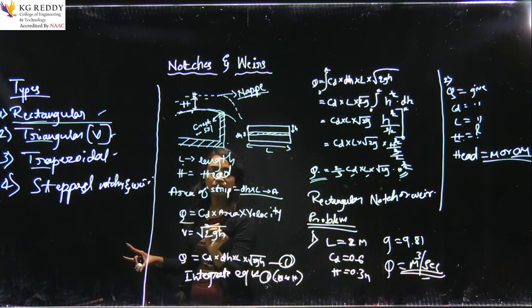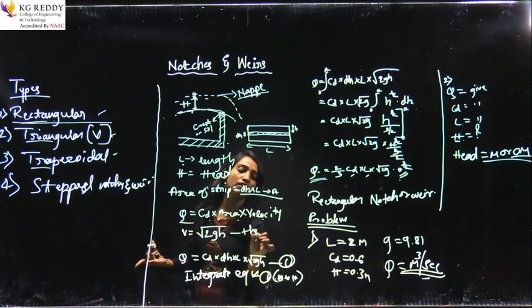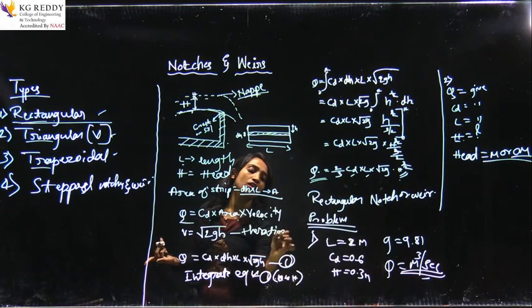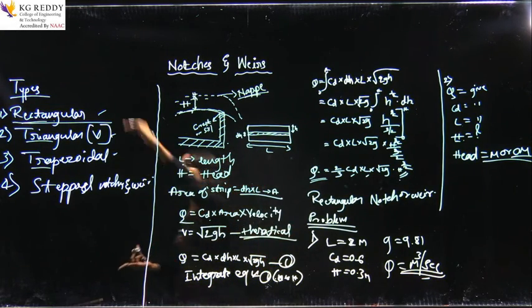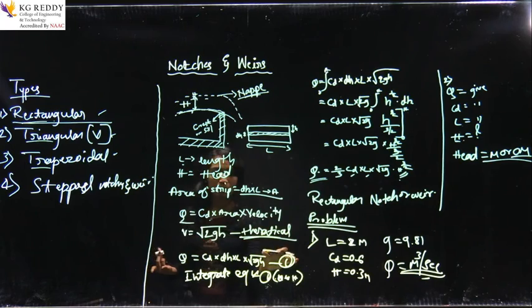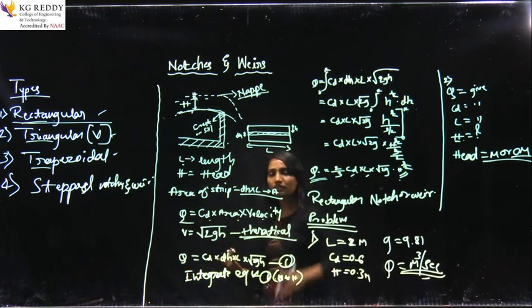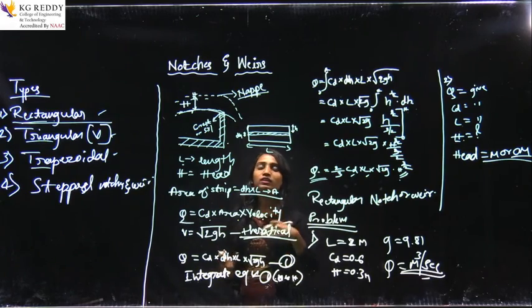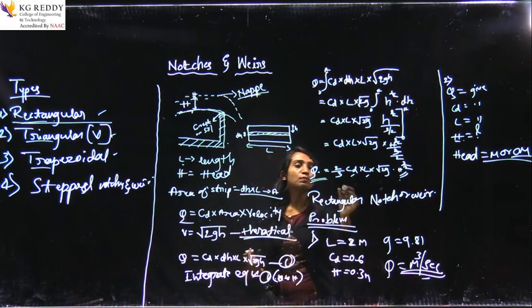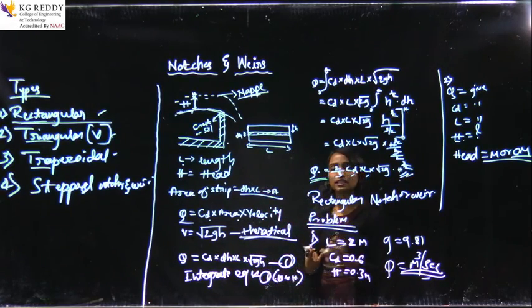So, discharge equation is CD times area times velocity. Just substitute all these. This is the theoretical velocity. This will be coming in all of the types, so please do remember this. Just substitute this and integrate to get the flow over the whole cross section. After simplification you will get this equation.